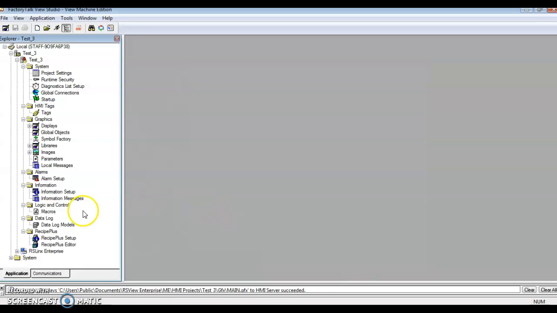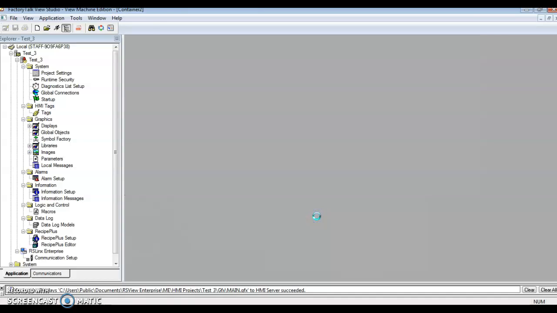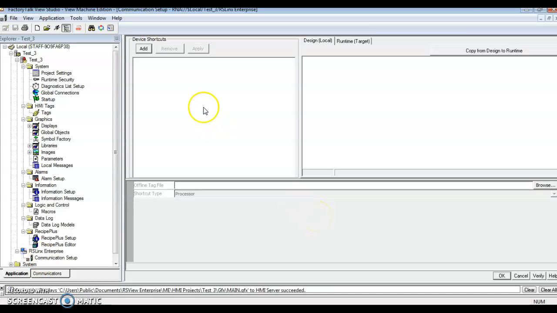Okay. The next thing that we're going to do is set up a shortcut for when we're building our screen. So you go to RSLinx Enterprise, click on the communication setup, and select Create New Configuration. And what we're going to do here is create a shortcut link that's going to access our PLC program's tag names. So here is shortcut